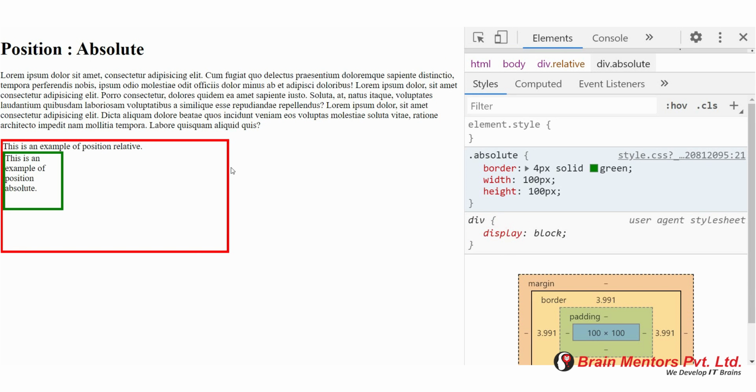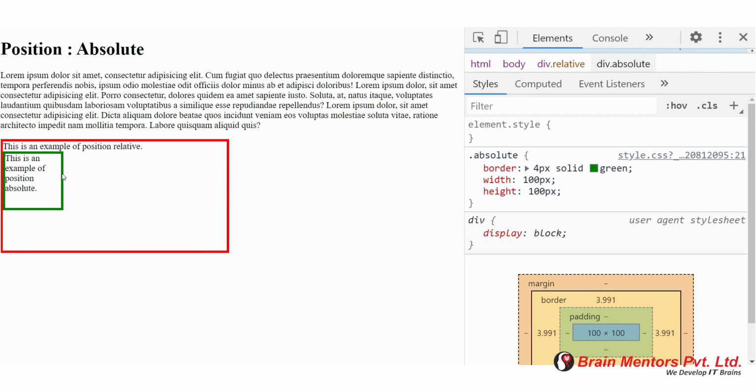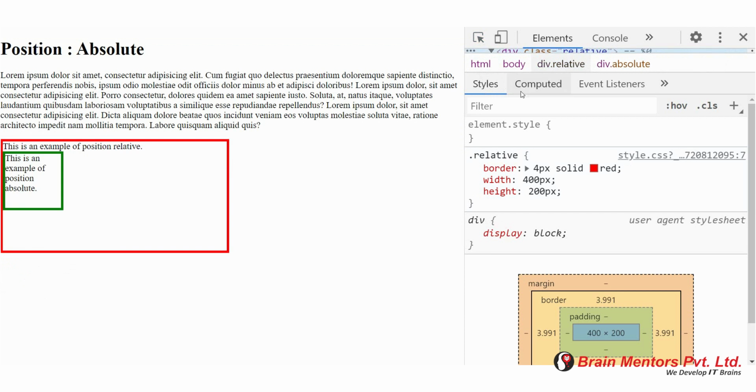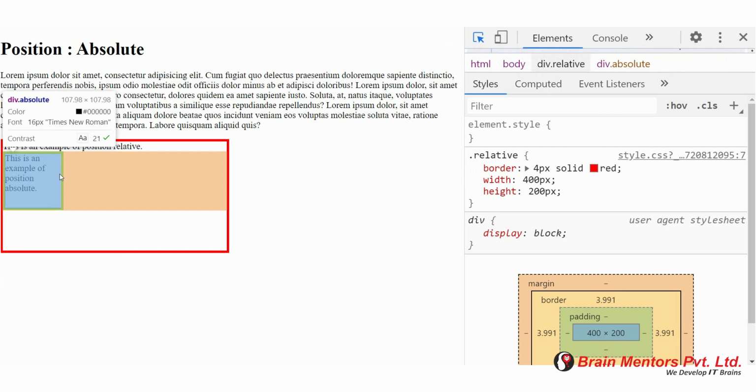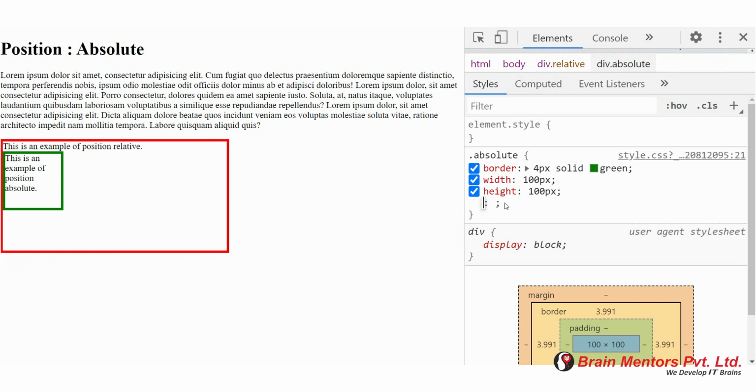Next is position absolute. As you can see, here we have two div elements. One is the outer div element, that is red highlighted, and one is the inner div element, that is green highlighted. Now if we want to position the green highlighted div element relative to this red highlighted div element, for this we have to specify position absolute to the green highlighted div element.